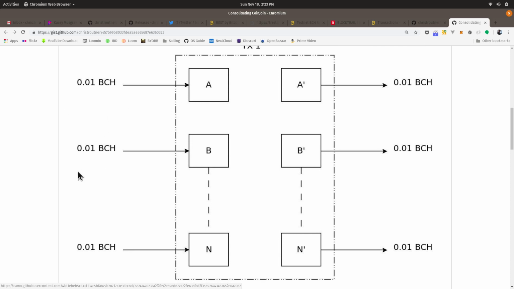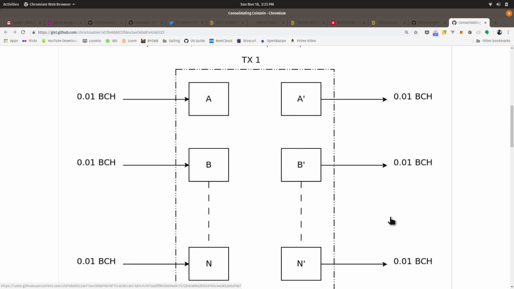But the idea is that a bunch of people put in a standard amount of money into a multi-signature transaction, and then standard amounts of money come back out. Because there's multiple people participating in it, there's no way to know for sure who, and because the amounts are standardized, there's no way to know which inputs own which outputs.